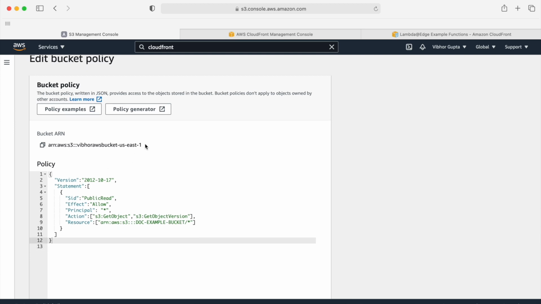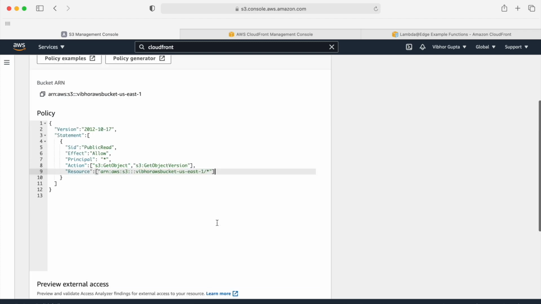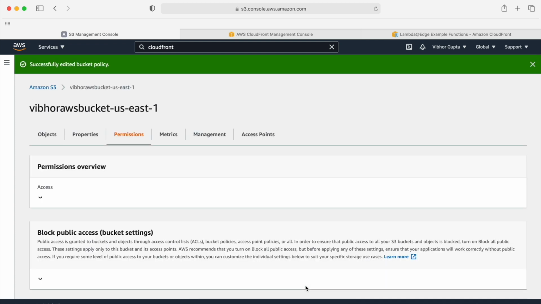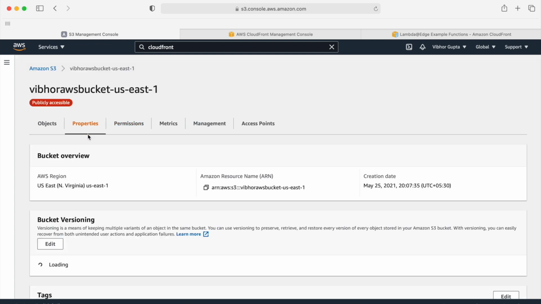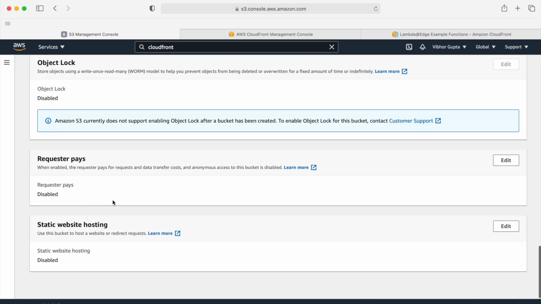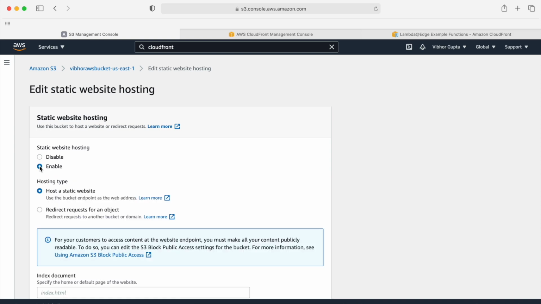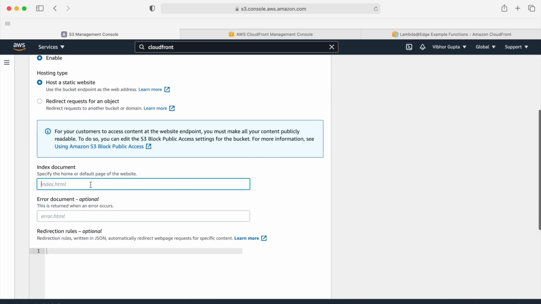Now we have to change the ARN of the bucket. Select the ARN, copy it and paste it in place of the example bucket. Make sure you are not removing the / and the star from here. Scroll down and click on Save Changes. Go to Properties, scroll down, click on Static Website Hosting, enable it, and enter the names of the files as index.html and error.html.